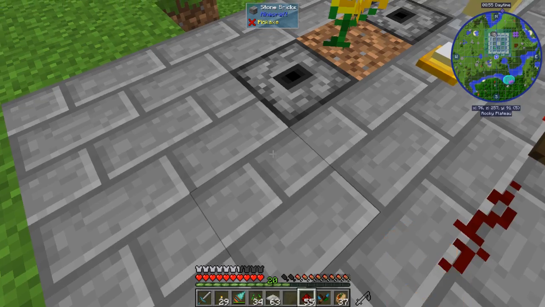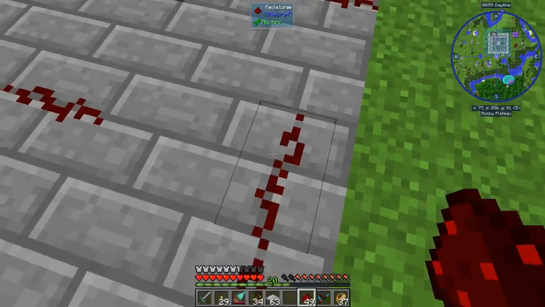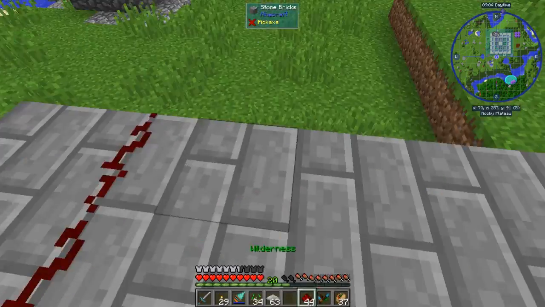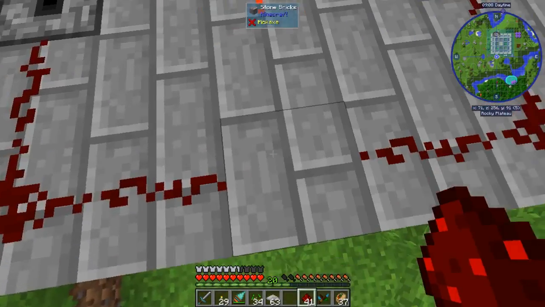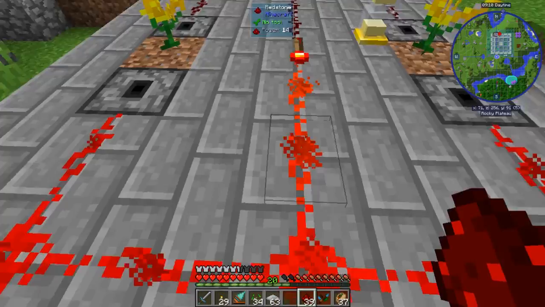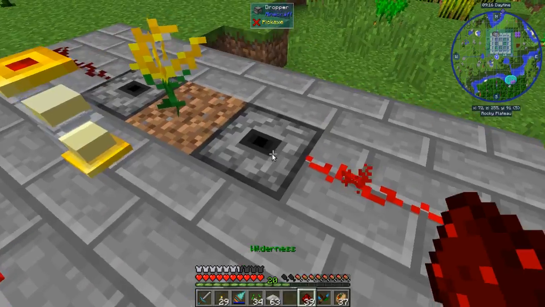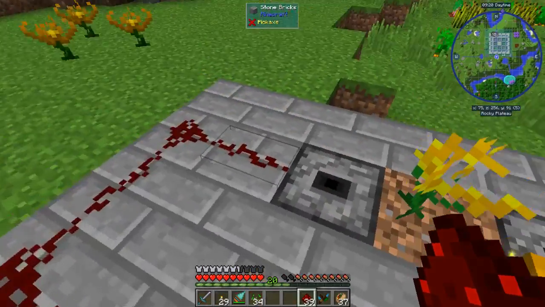Anyway, so let's go ahead and put some redstone like this. And like that. And then let's also put some redstone like this. Totally did that. Okay. Redstone like this. Yeah. And so now we can put rice. Where's my rice? I can put rice there and rice there. Where's the rest of my rice there? And then we can put